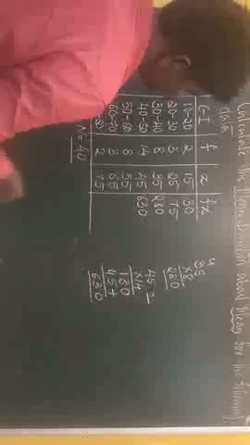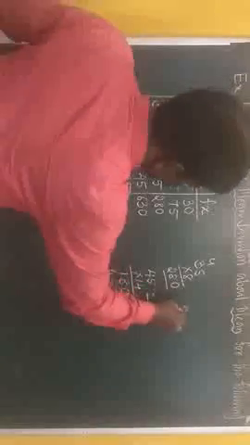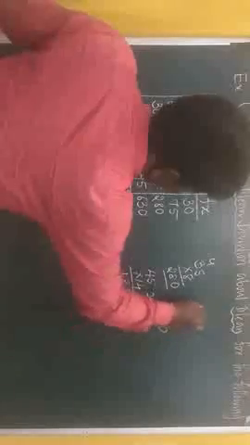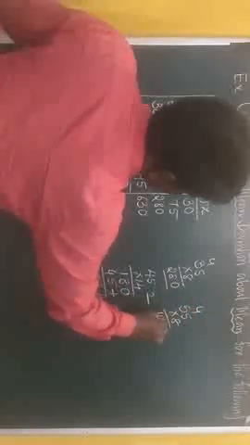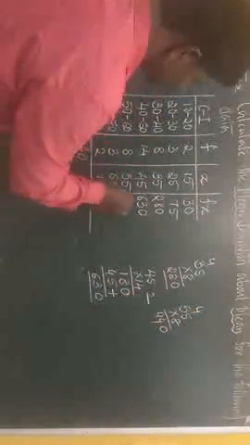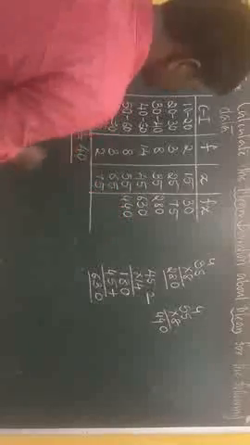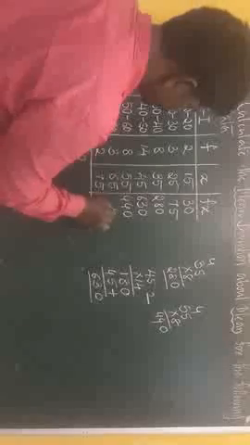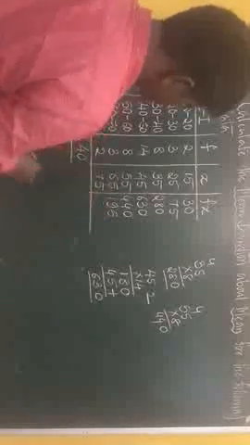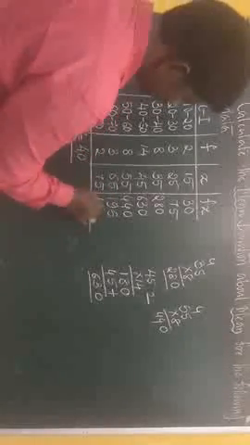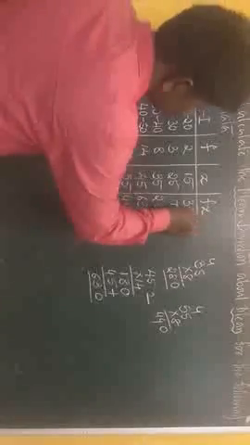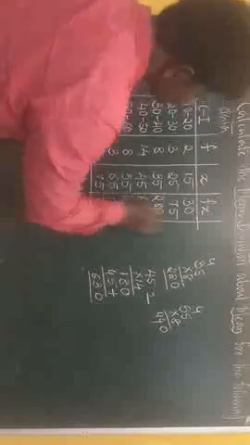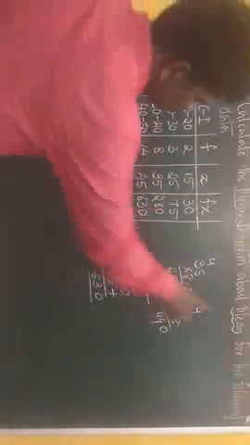Then 8 into 55. 55 into 8. 8 5 is 40. 8 5 is 40. So 440. Then 3 into 65. 3 5 is 15. 3 6 18. That means 195. And this is 150. So after finding the f into x values, because our target is to find the